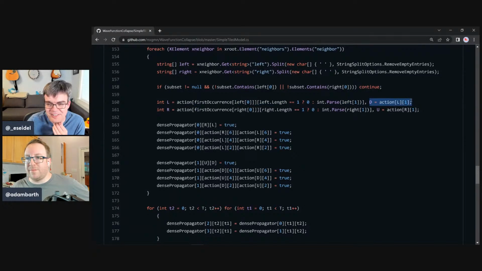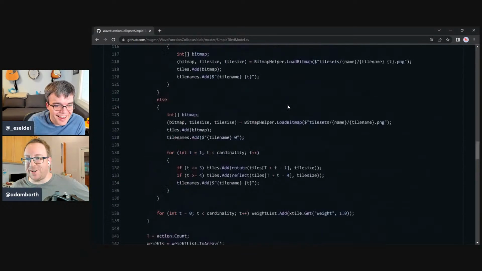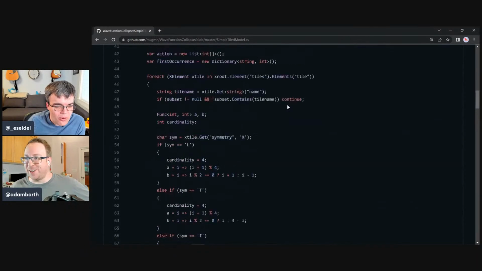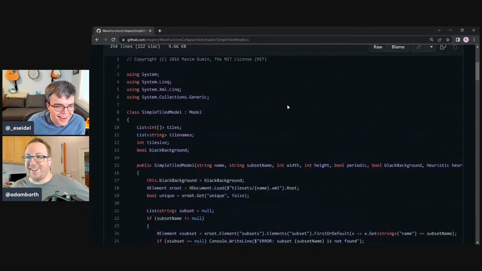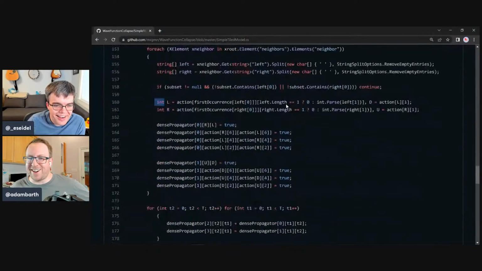Okay. I still don't know what this is doing, but sure. And then D, whatever D is, the action of L that we just defined earlier in the same line. I guess it seems like it must be legit C#. Can you tell me what L this references? Does it reference this L that we haven't even finished executing the definition of? This is why I never use the comma operator in any language. It's just massively confusing. Or is there an L up above? No, I think it's that one. I don't know if that's legal in C. I worry I'm turning this into a programming critique show, but